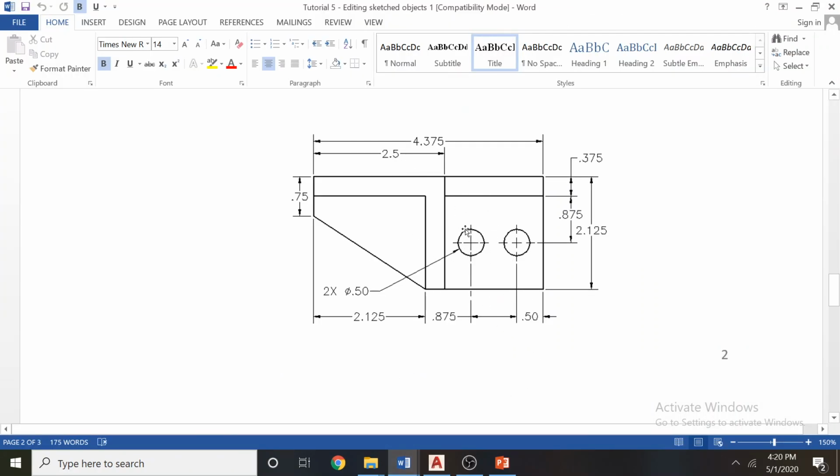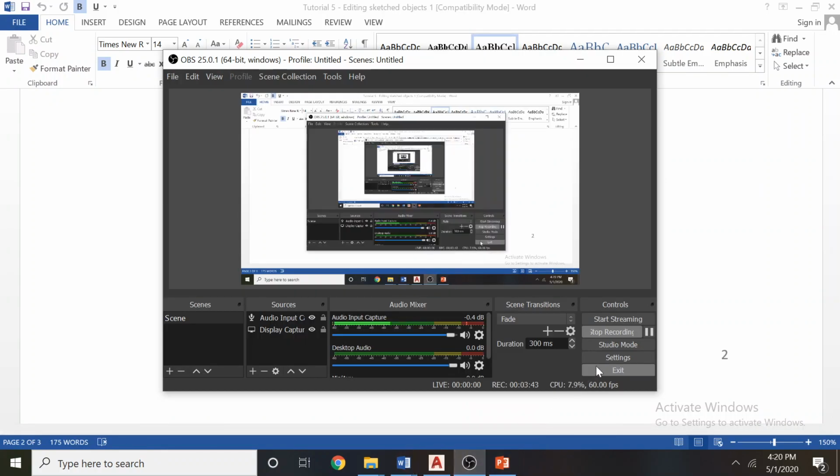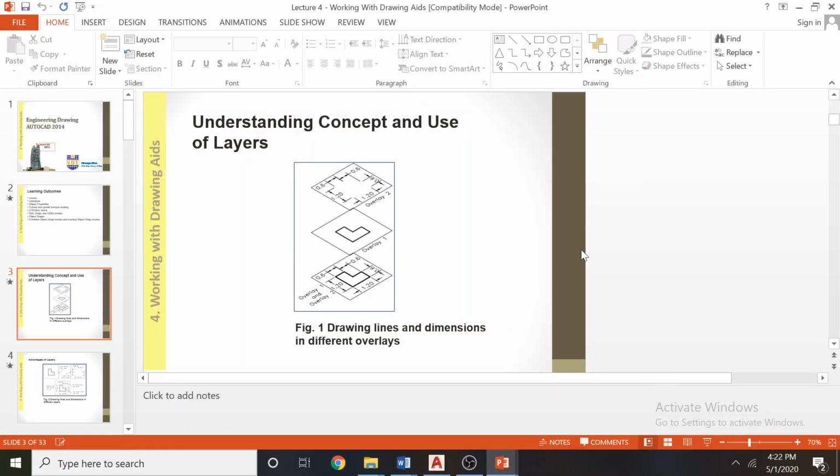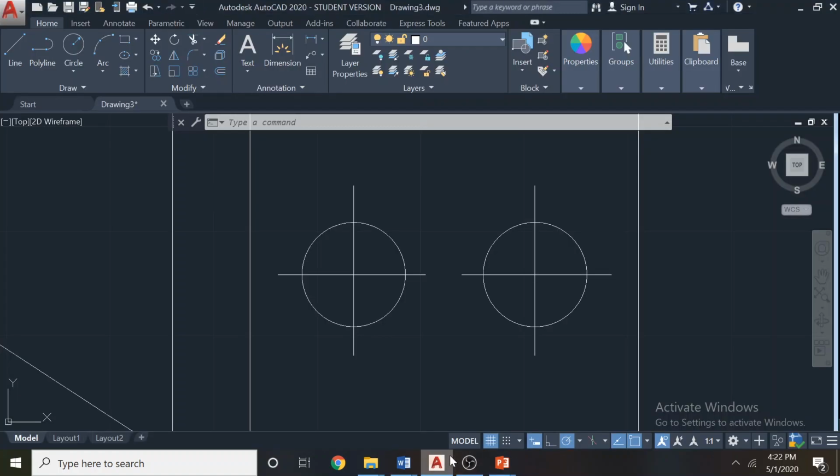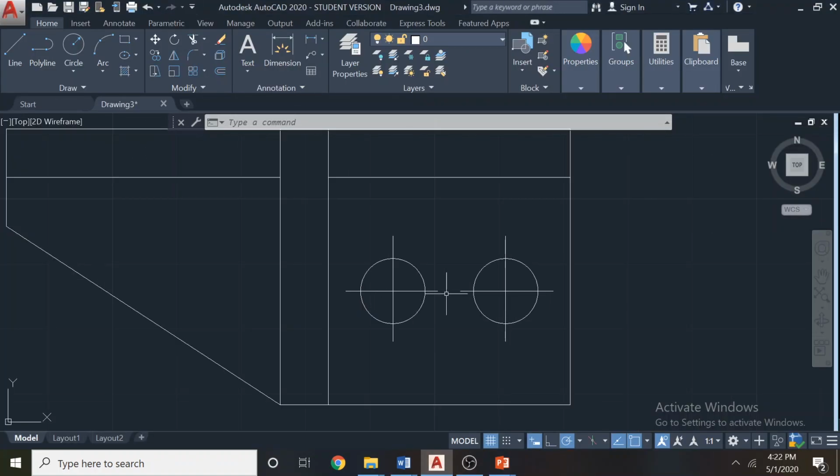So the next thing is we have to learn how to change the layers. Now we'll understand the concept of layers. So in this exercise we have to change the lines into center lines. You will not find the center lines available here. You have the line and the polyline, but not the center line tool.